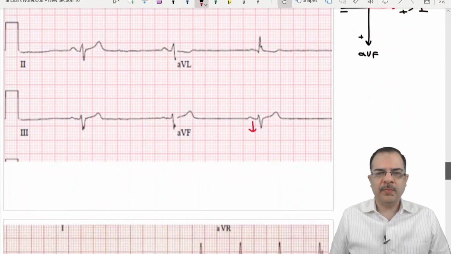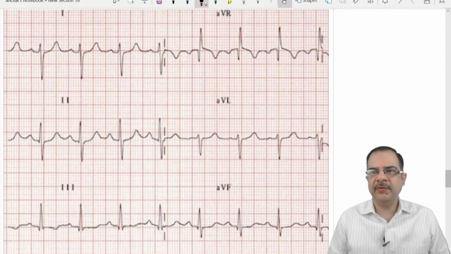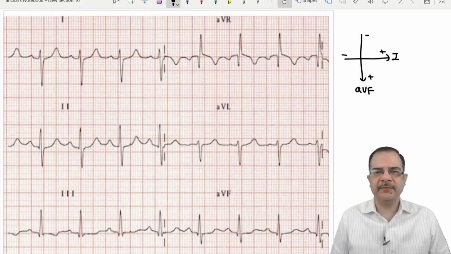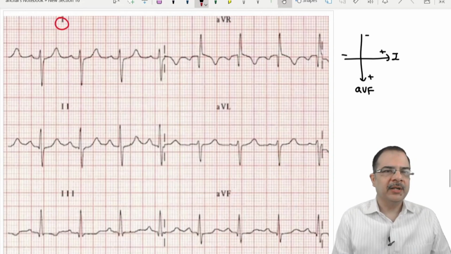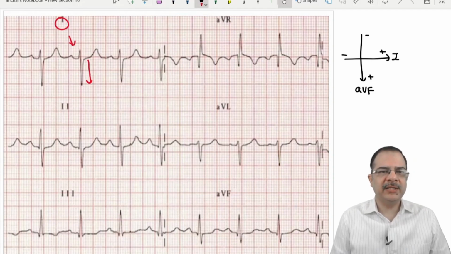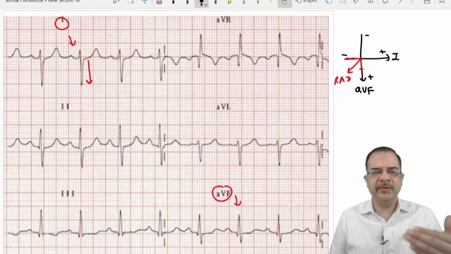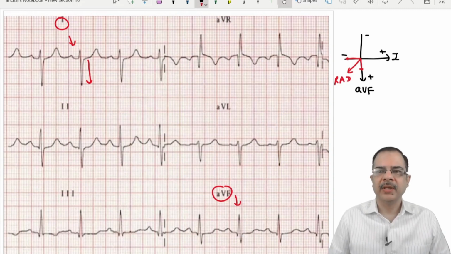So, further practice. Here is one more ECG given to you. Same, draw lead 1 and AVF like this, negative, positive, negative, positive. Look at lead 1. This is the lead 1 QRS. You can see the lead 1 QRS is negative, I will plot it here. And this is AVF. Look at the QRS, the QRS is positive. Positive means here. So this is right axis deviation. So just take the resultant amplitude and you will always get the correct answer.